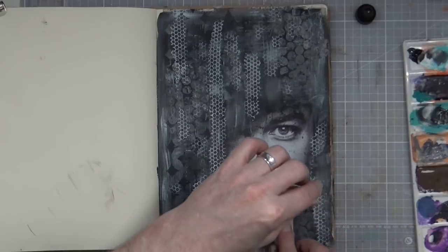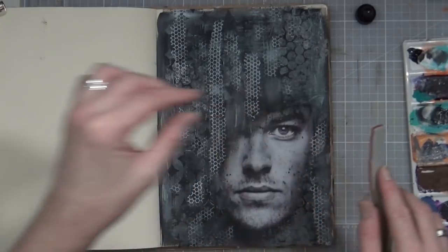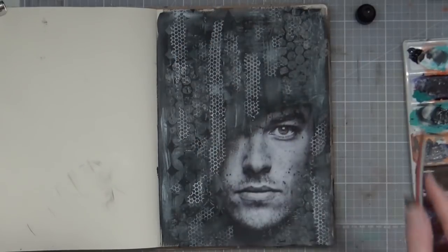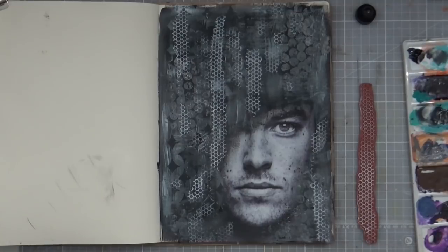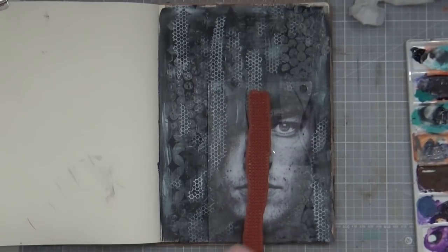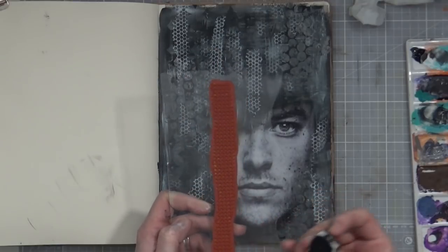That's it, just little hints. Okay, now I need to go and wash it. Right, I shall leave that to dry, and then I'll be right back. Okay, now that's dry, I've just replaced the stamp with the other grid pattern one from the same set, and